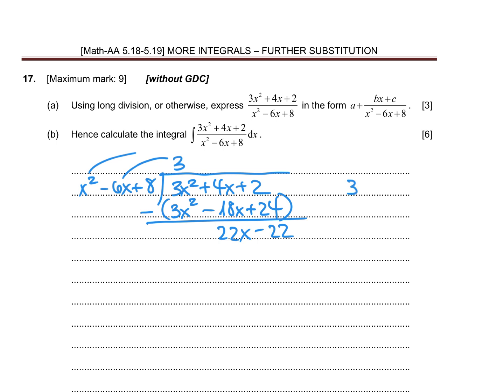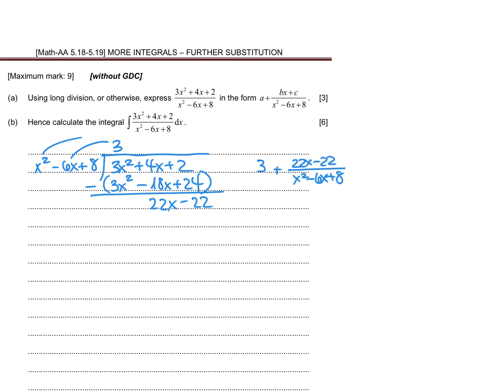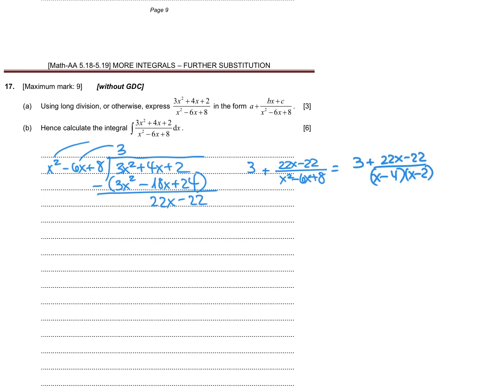So that's going to be 3 plus 22x minus 22 over x squared minus 6x plus 8. And this is going to be 3 plus 22x minus 22 over x minus 4, x minus 2. And we will have to